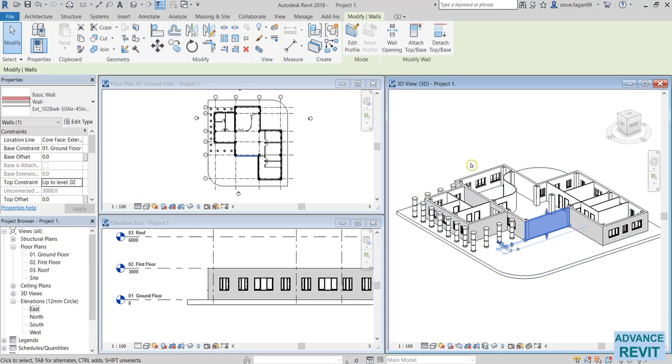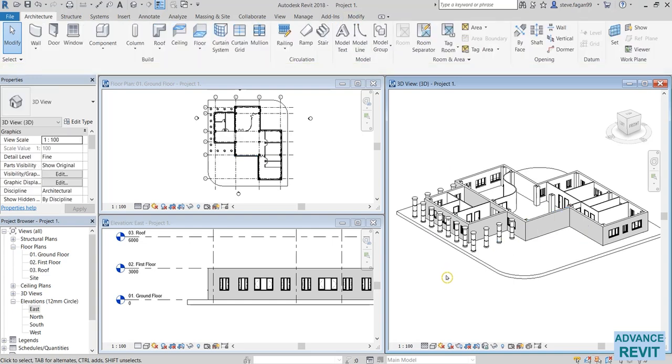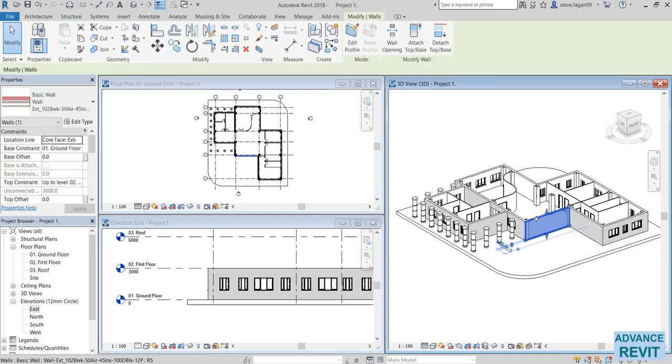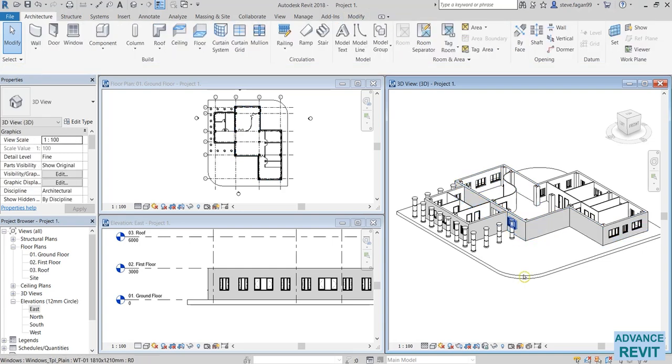What we're going to do is select one side of the building to increase the height up to the roof level while maintaining the left hand side of the building down at first floor level. To select the ground floor walls, we'll select one. You can hold down the control key and then select each one of the walls individually, or we can do